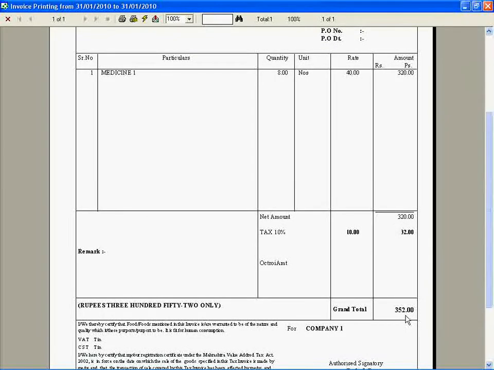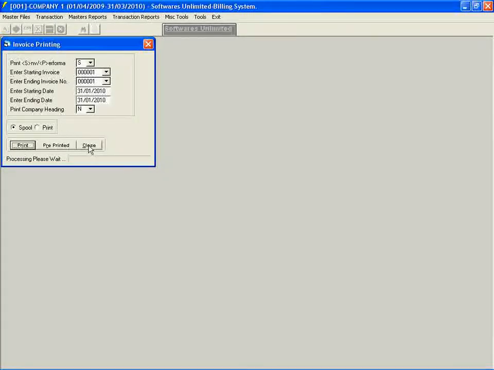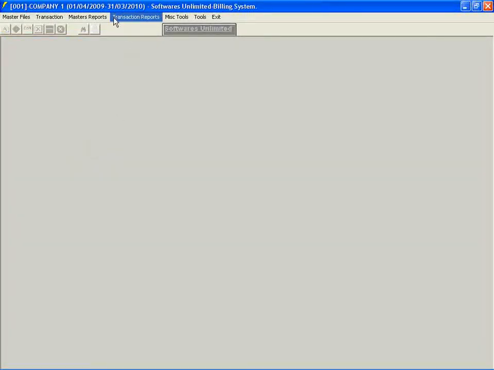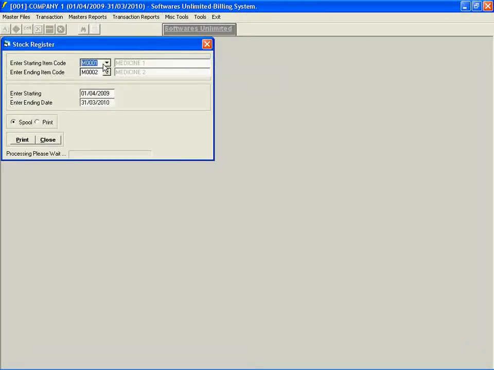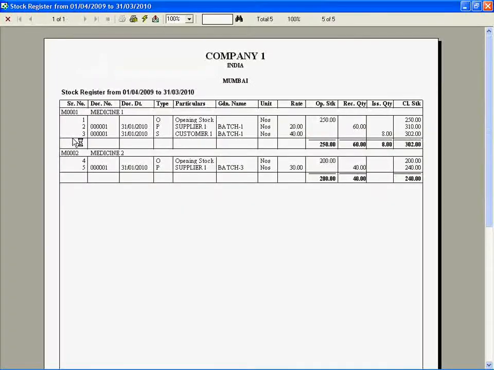I close it. Now I'm going to transaction reports to see the stock register. I'm giving all the item code range and full date range, starting and ending date, and printing. Opening stock for medicine 1 is 250, purchase is 60, so 250 plus 60 is 310 is the closing stock.